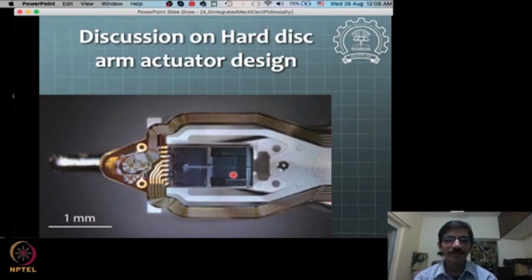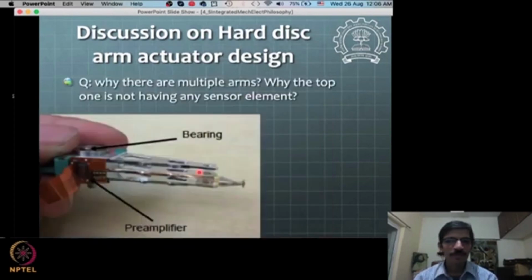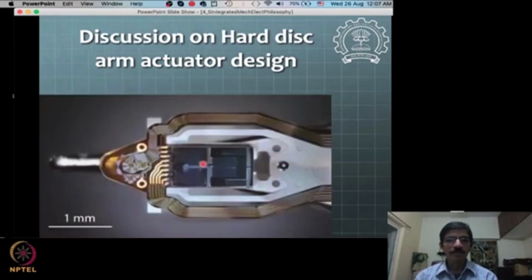Actually, if you see this, then the obvious question comes to mind: in the previous figure, once I remove the disk from within, the arms pinch each other, or they are in a pre-stressed condition. That means when I put it on the disk surface, this head is going to press on the surface of the disk, and wouldn't that press create friction on the surface? Why do we want to press this on the surface of the disk?